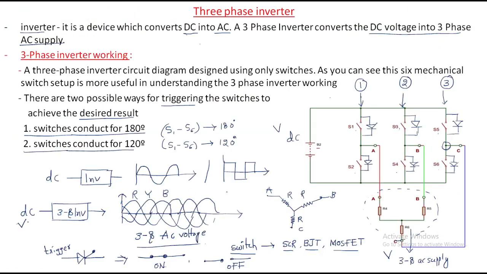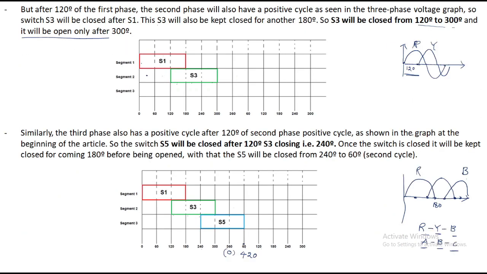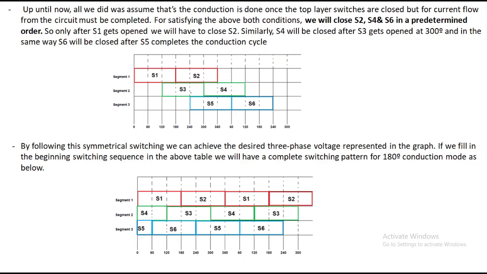First you take the upper switches, S1 switch, S3 switch, S5 switch. First turn on the S1 switch for 180 degrees conduction mode, but starting after 120 degrees S3 will be on, and S3 will be conducted 180 degrees. After S3's 120 degrees, S5 will be on. S5 will be conducted 180 degrees like this. S1 will start from 0 to 180 degrees. Understand?